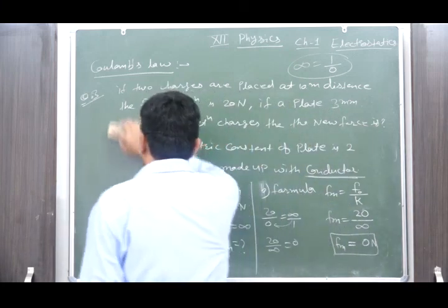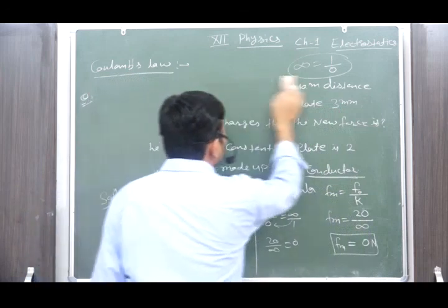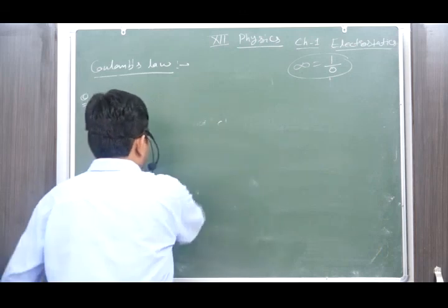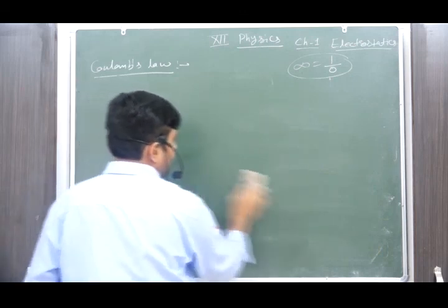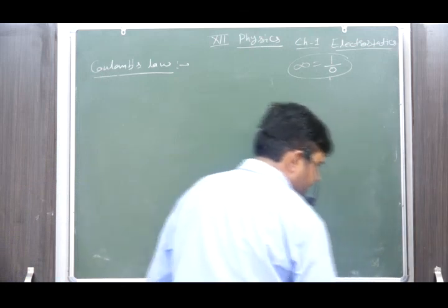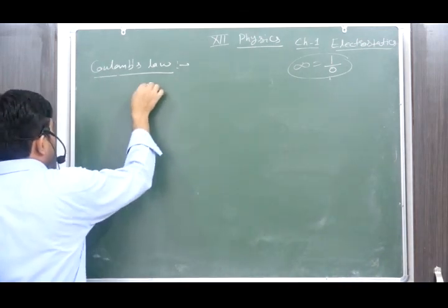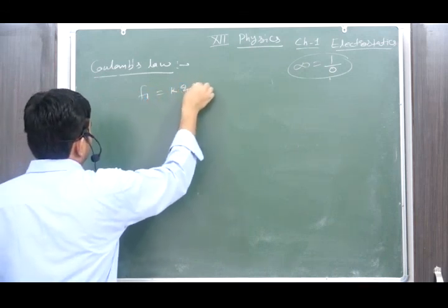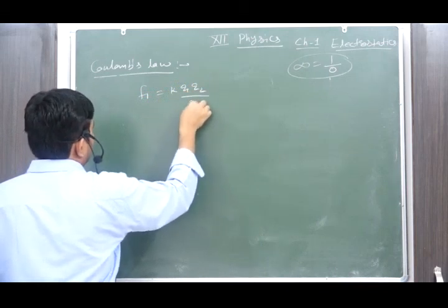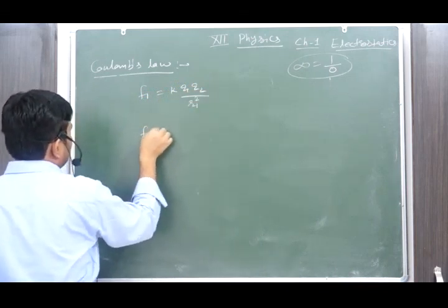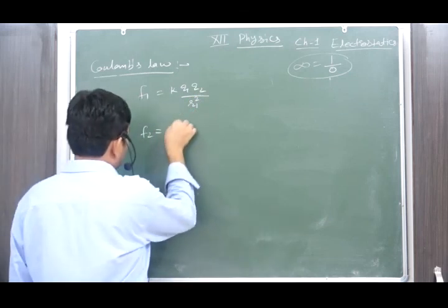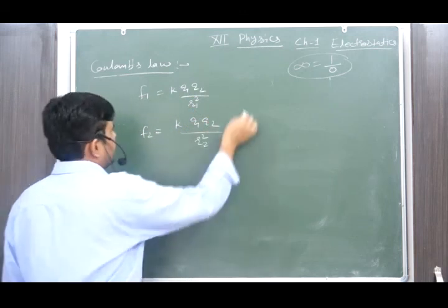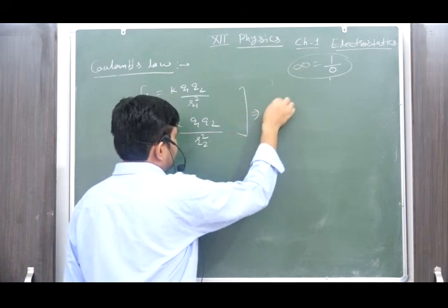Okay, next we are moving on to another type of question. First we will discuss the basic formulations. Here I am considering the formulations F1 equal to K Q1 Q2 upon R1 square and F2 is also considered as K Q1 Q2 upon R2 square. It means here the charges are the same,